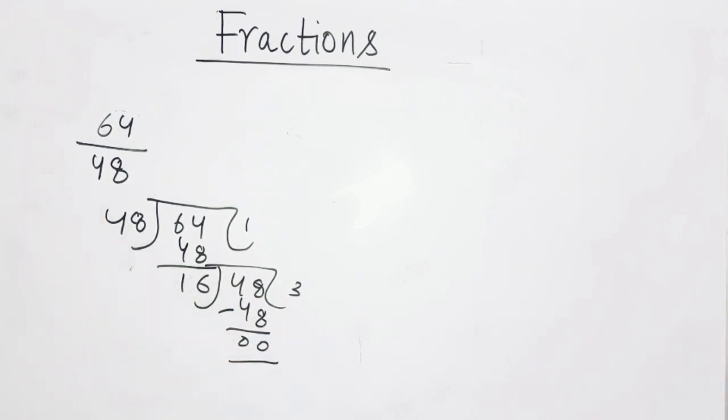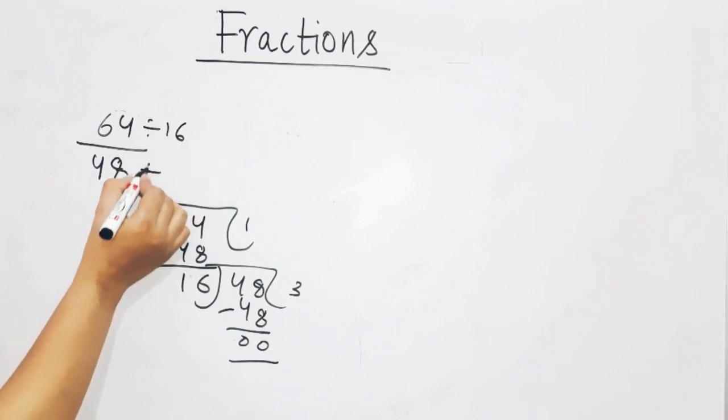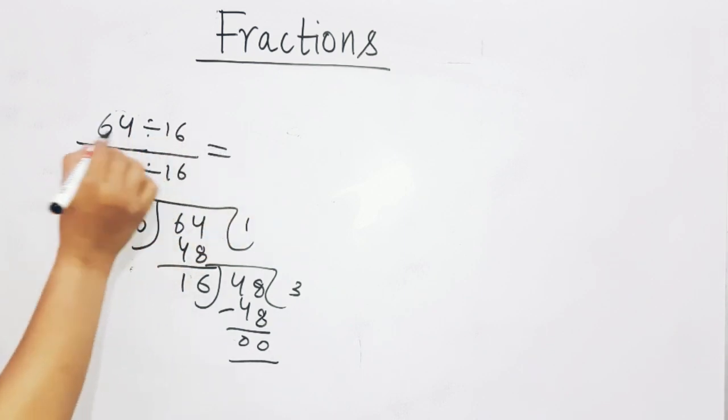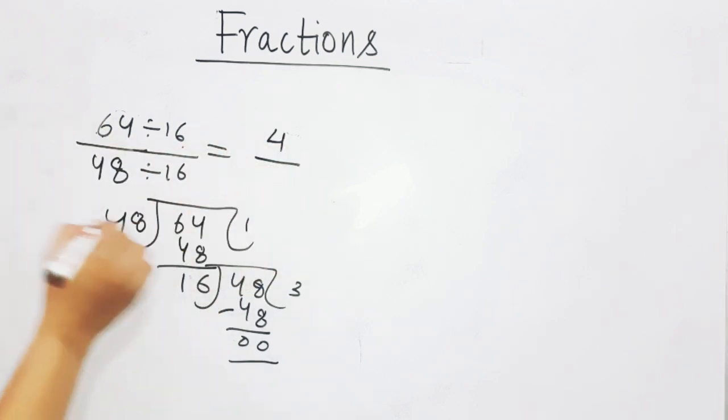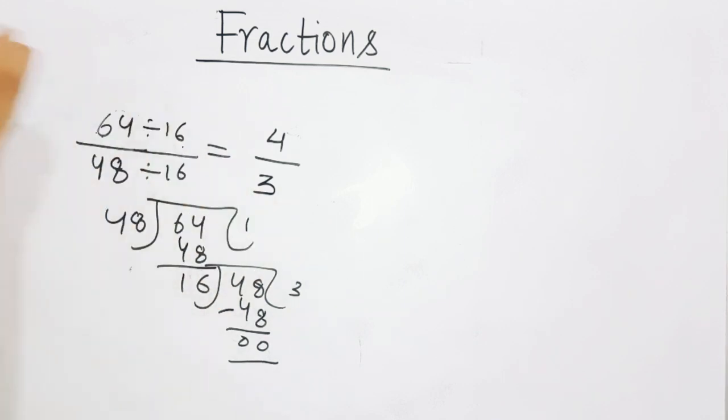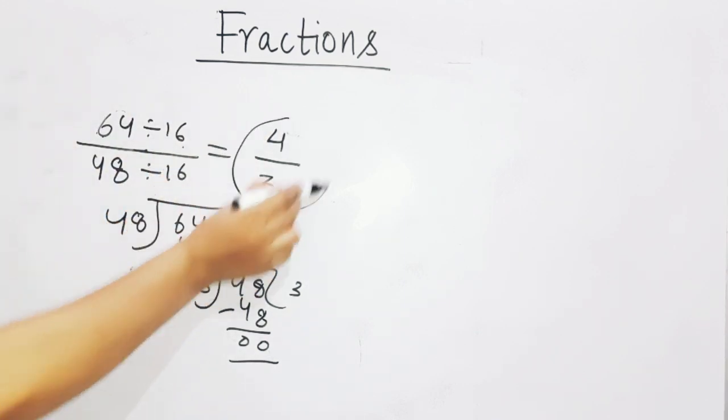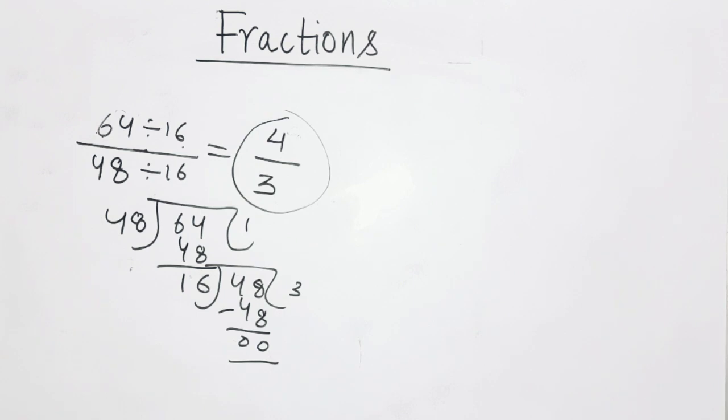What is the HCF of these two numbers? The HCF of these two numbers is 16. So dividing the numerator also by 16 and dividing the denominator also by 16. So when does 64 come in the table of 16? In the table of 16, 64 comes at 16 fours are, and 48 comes at 16 threes are. Now it is the simplest form. How is it the simplest form? Because 4 and 3 do not have any other common factor apart from 1. So I hope the simplest form is clear to that particular student. Please reply whether you have understood or not.